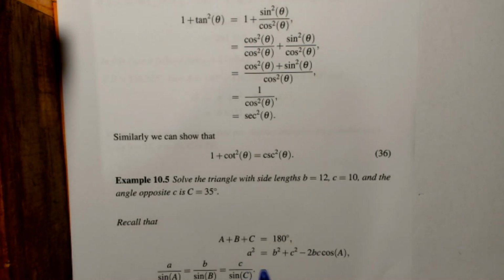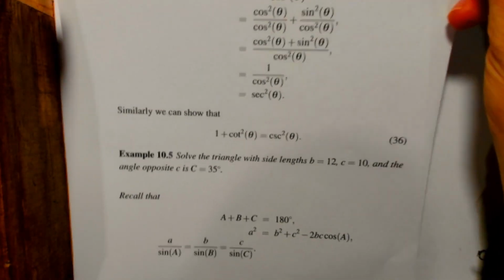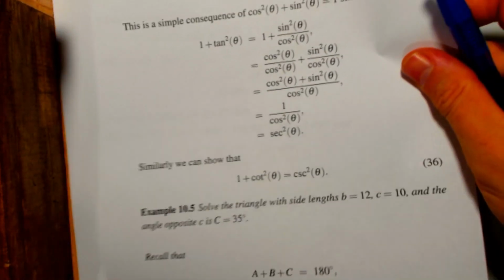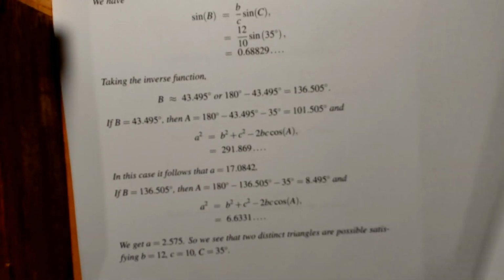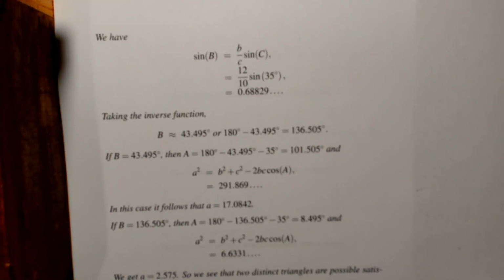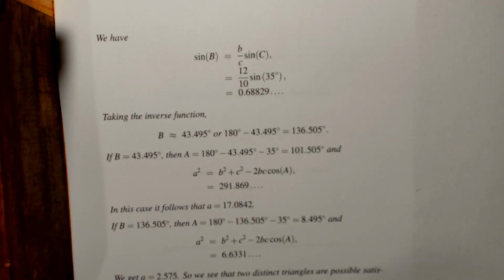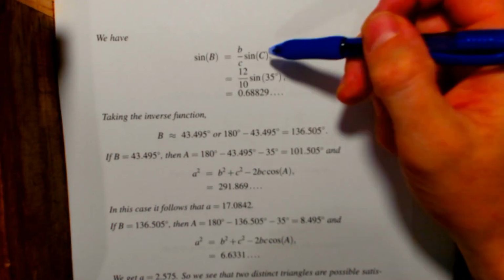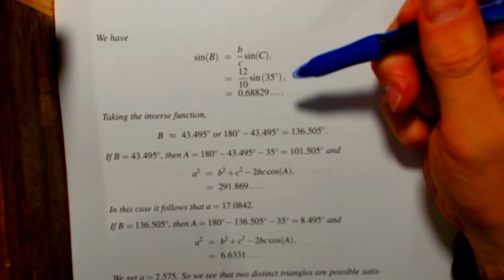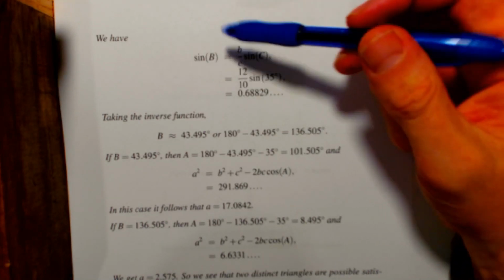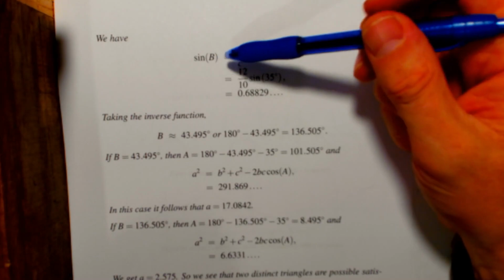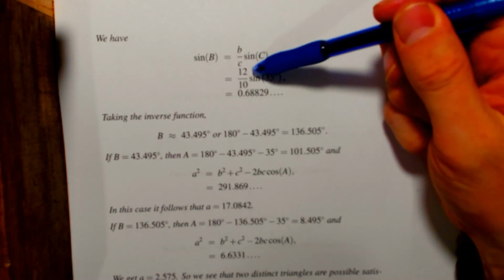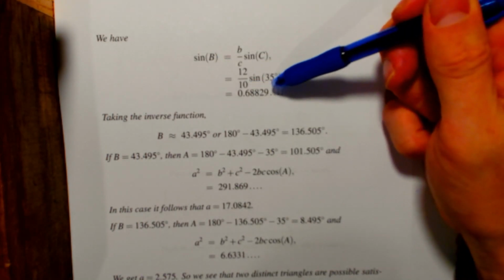We have the cosine rule there and the sine rule there. Okay, so B is 12, C is 10, and uppercase C is 35 degrees. So first, rearranging the sine rule, sine of B is side length B over side length C times sine of angle C. We have angle C. We want to get angle B. So 12 over 10 sine 35 degrees gives us